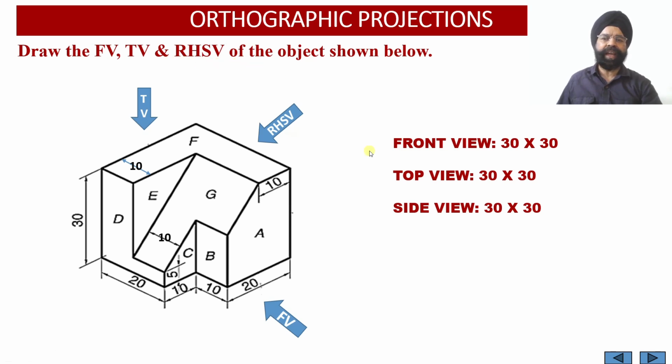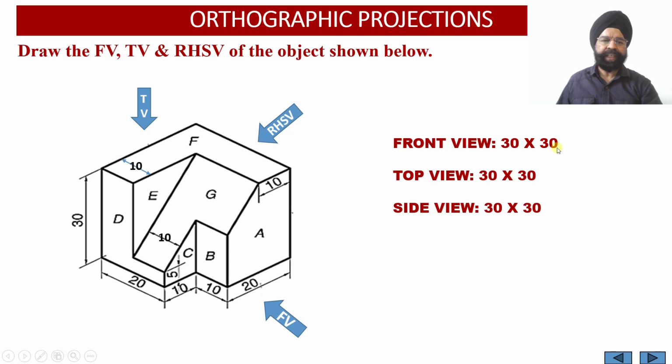In order to develop the orthographic projections, we are required to evaluate the dimensions of the front view face, top view face and the side view face. Now when we look at the solid from the front side, the width of the solid happens to be 30 millimeter, height of the solid happens to be 30 millimeter. So the front view face of this particular solid will appear as a square having an edge equal to